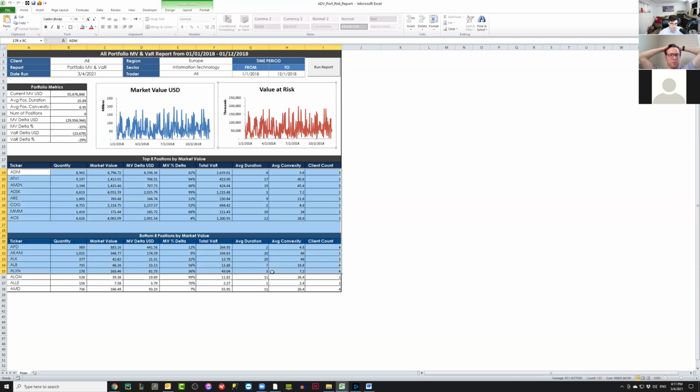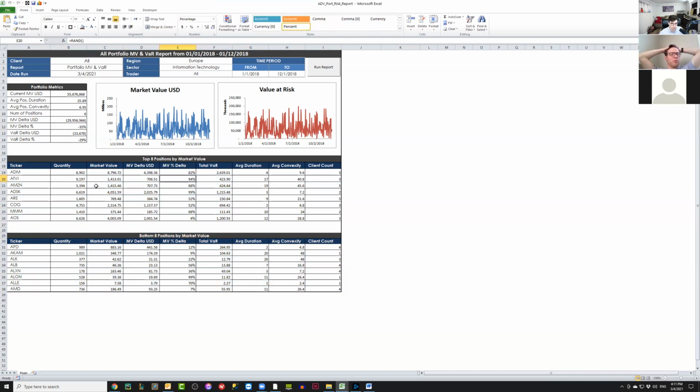As I mentioned, these do not change now because they're not automated yet. I'm actually working on the code right now, and they will be automated by the end of today or tomorrow. And I'll explain what these are in a moment. But this is pretty neat. So we see the market value, we see the risk, and we are completely flexible.